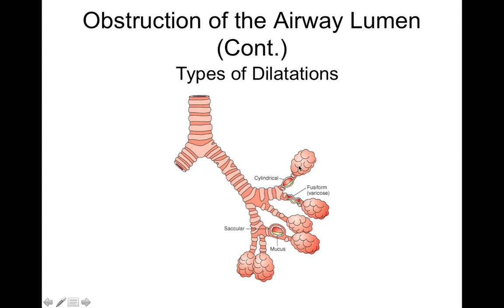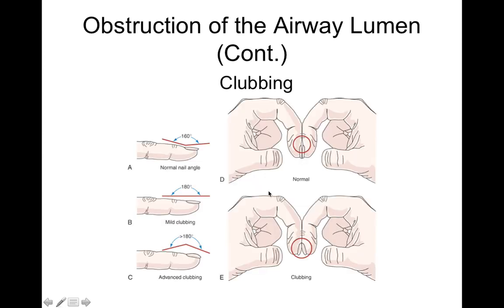This also leads to a decrease in ventilation because it makes it more difficult for air to flow. And like emphysema, what this can lead to, one of the signs we call is digital clubbing. So normally your fingernails should be fairly flush when you try to put your fingers together. Okay, so they shouldn't separate a whole lot. But under chronic hypoxic conditions, it can lead to what we call digital clubbing, where the fingernails grow in a